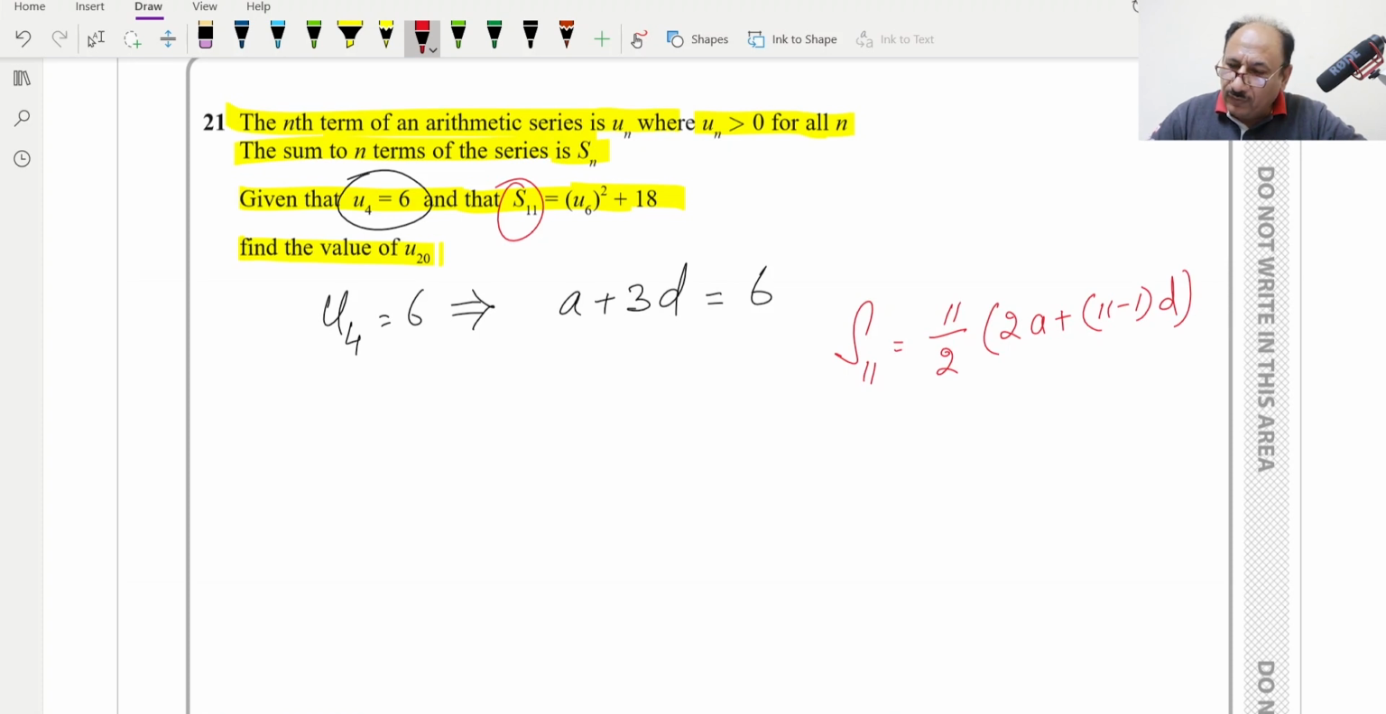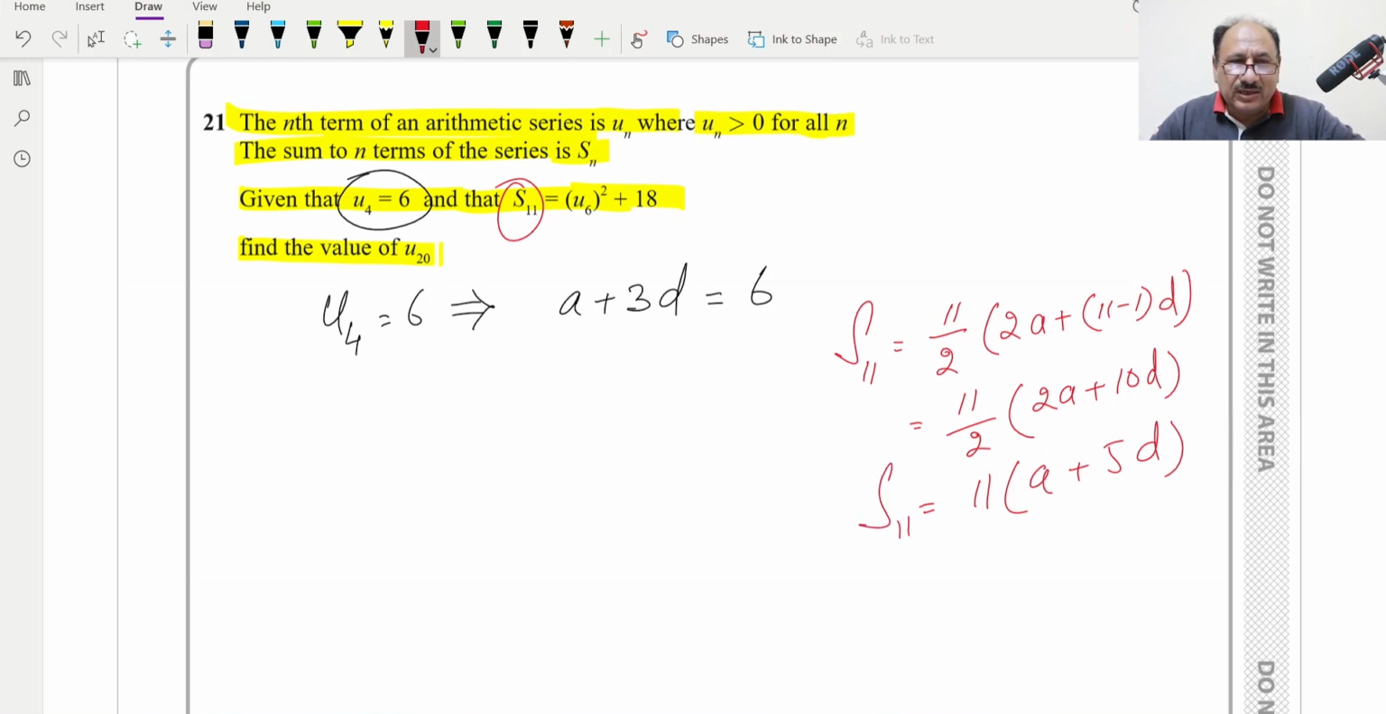This will be the formula, and now we can simplify this. This will be 11 over 2 into 2a plus 10d, and further we can simplify it. 2 we can take common and cancel, so it will be a plus 5d, and this will be our S11. So now, from this equation we can write